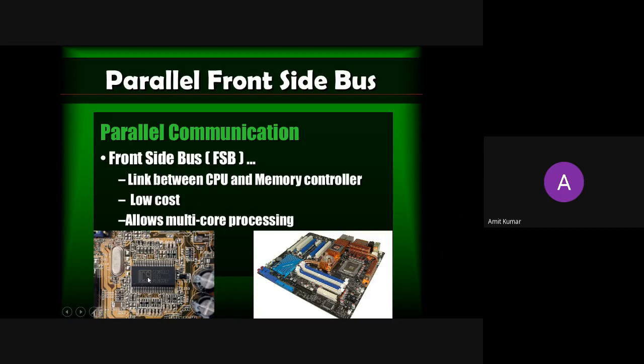And these kinds of buses. So this is a bus which is presented on the left hand side. There is a link between your CPU and memory controller. So that is the parallel communication. Why are we using these buses? Because they have very low cost, because you can transfer the data at a very high rate with a very low cost, because the distance is very small. If the distance is higher, then the cost will become higher.